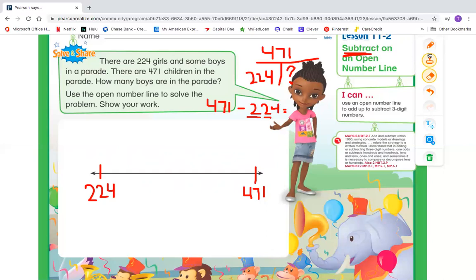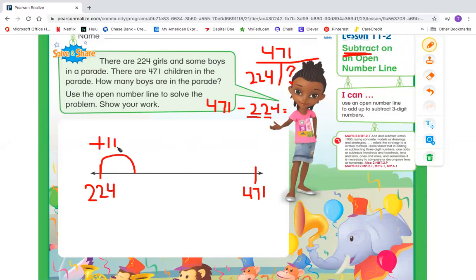Now, I am going to add up to subtract. So remember, when we are adding up to subtract, we're starting with our small number right here, and we're jumping up until we get to our end number. And how many ever we jumped is going to be our answer. So let's start. If I'm at 224 and I jump forward 100 plus